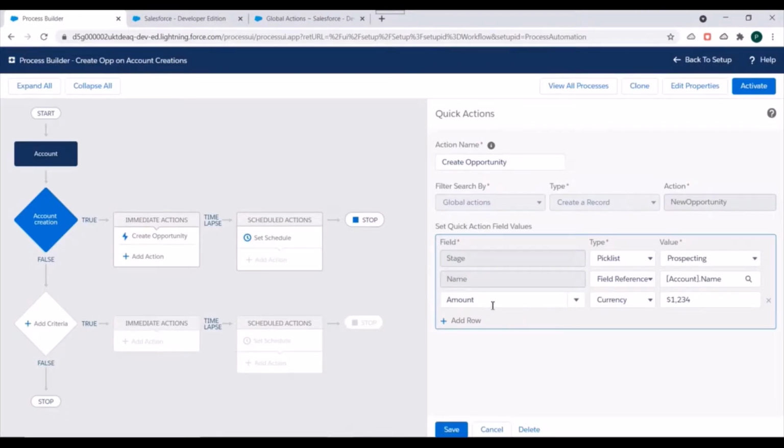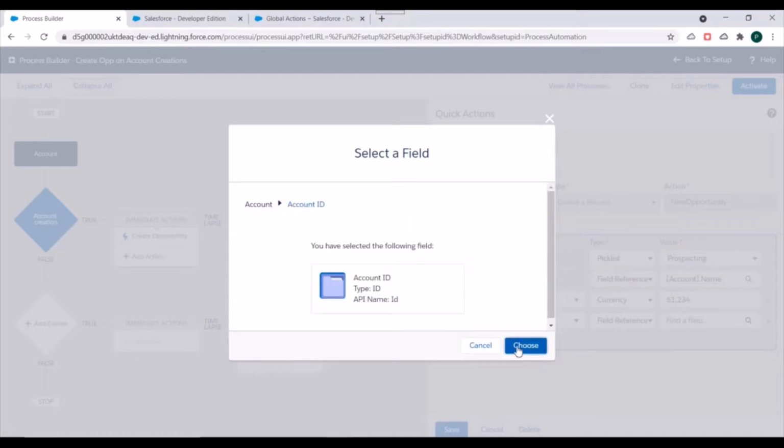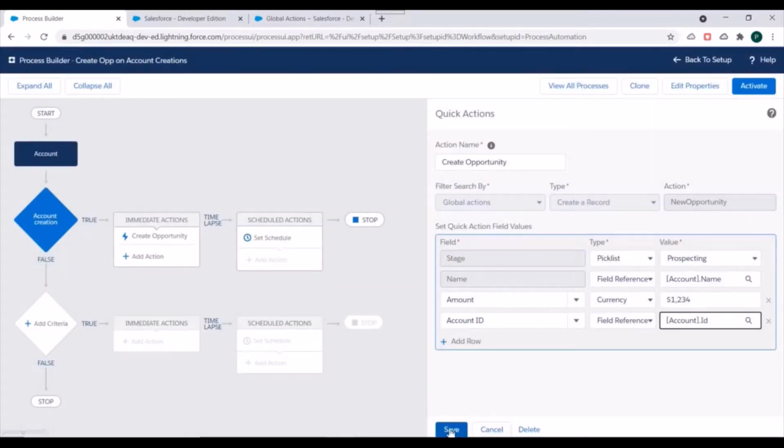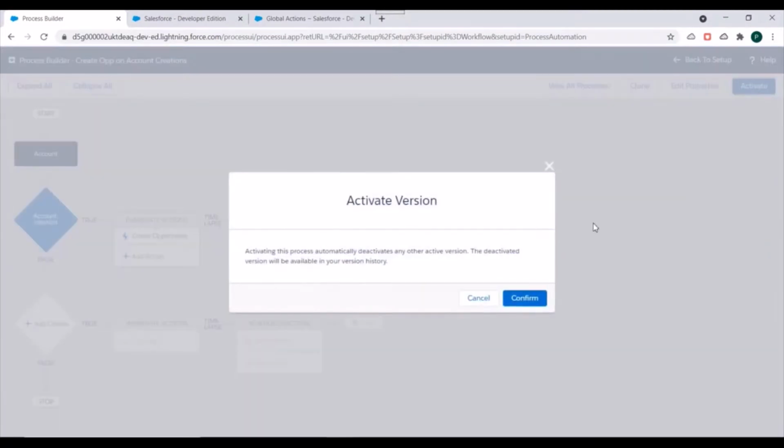We can do it without it, but we need to link the opportunity created with this account only, right? So we'll add one more row, and here we'll specify account ID, and we'll specify field reference, and here we'll specify account ID over here. That's it. So we will save this process and we will activate this process.